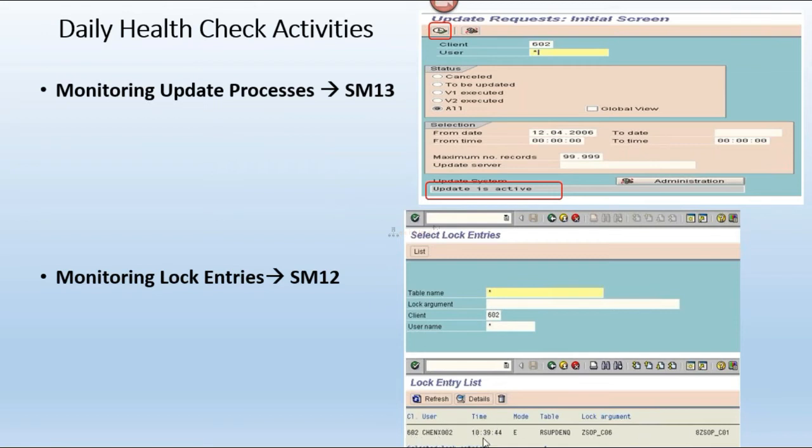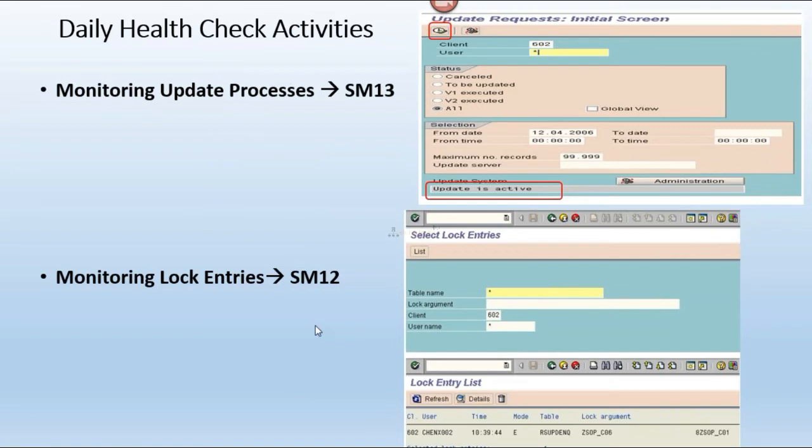See here: client, username, time, table, and the lock argument, which means on which object it has been locked. Whenever the user completes his work, the lock will be released automatically from the SM12 T code.